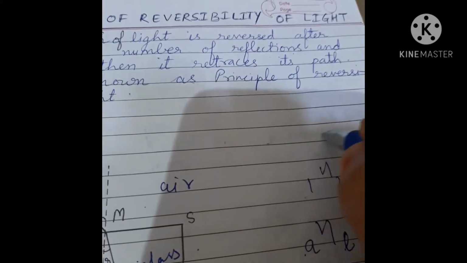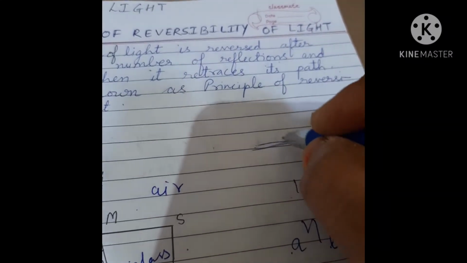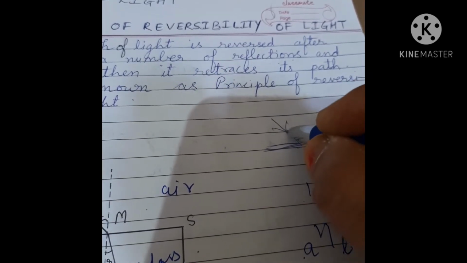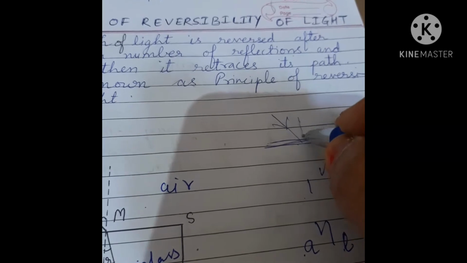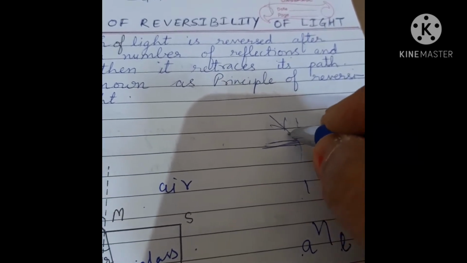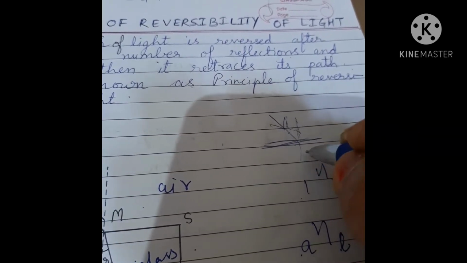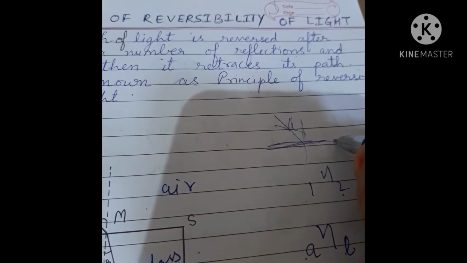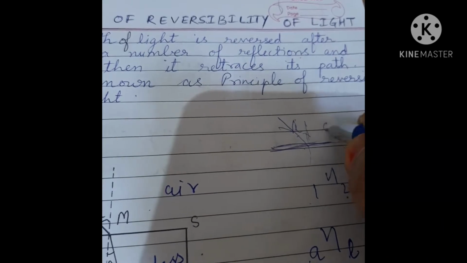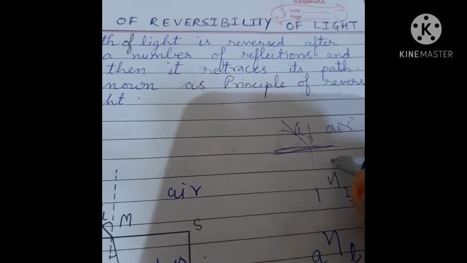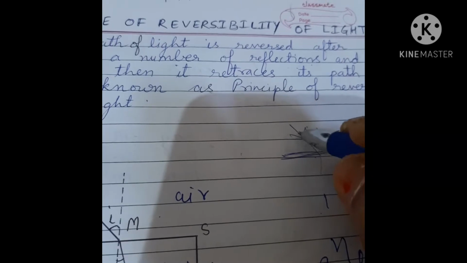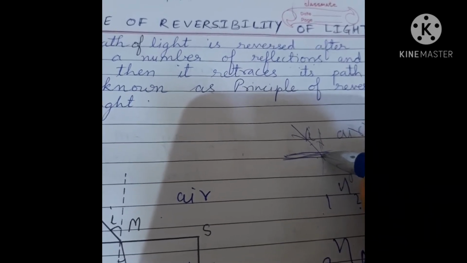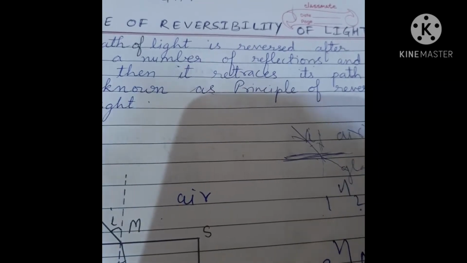the sine of angle of incidence on any surface, suppose this is the surface, and suppose the light ray falls here, and this is the normal here, so this is the angle of incidence. So when this light ray moves through the other surface, suppose this was air and this is glass. So when the light ray moves from air to glass, then it moves away from the normal, like this.